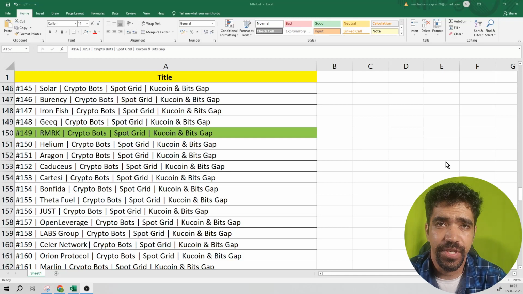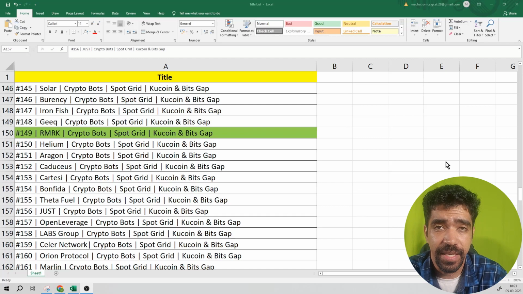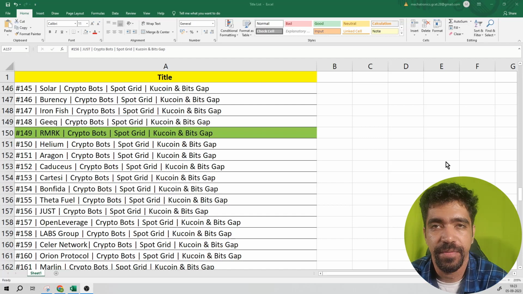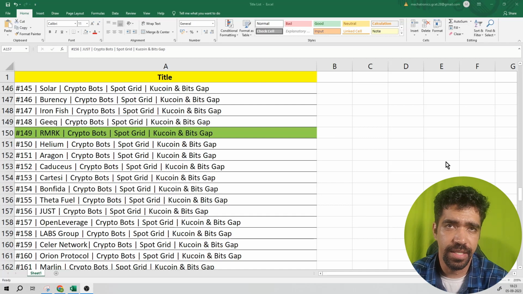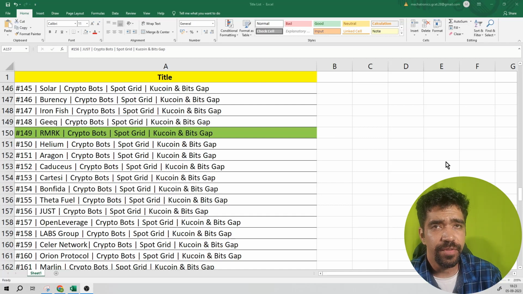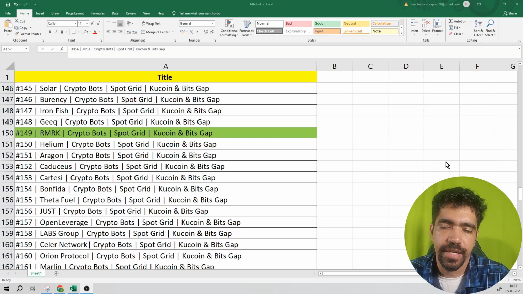And in this video we're going to discuss the RMRK token in detail. We're going to see the analysis of this token using the CoinMarketCap website and tradingview.com, and based on those values we're going to see the website and the white paper of this token. And after all the analysis we are going to see how we can set up a bot of this token using the Bitscape application and KuCoin Exchange. So the name of the token is RMRK. The rank of this video is 149 on the series of crypto bots, and let us get started.